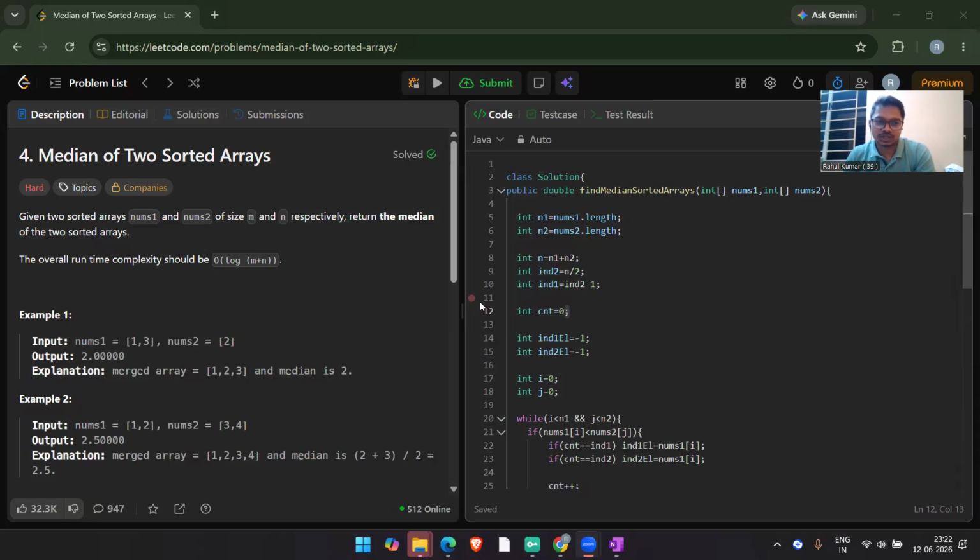So with continuation of the DSA series which we have started yesterday, today is day 2. I'm back with another problem from LeetCode. As you can see on my screen, I have picked another problem from LeetCode, and the name of the problem is median of two